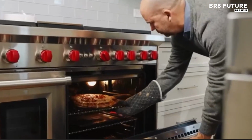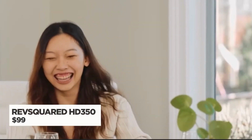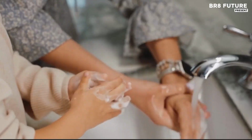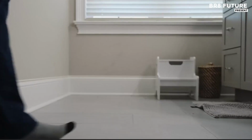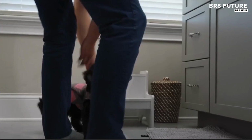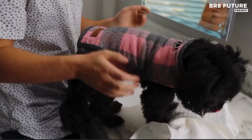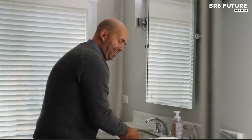In a world where hygiene meets smart design, the Rev2 Mini hand dryer sets a new standard for compact power and aesthetic appeal. Engineered for both residential and commercial spaces, this streamlined device blends function and form, crafted from ABS polycarbonate to deliver durability with a polished finish. Whether outfitting a busy office or elevating a home bathroom, the Rev2 HD 350 offers high-end efficiency without the high-end